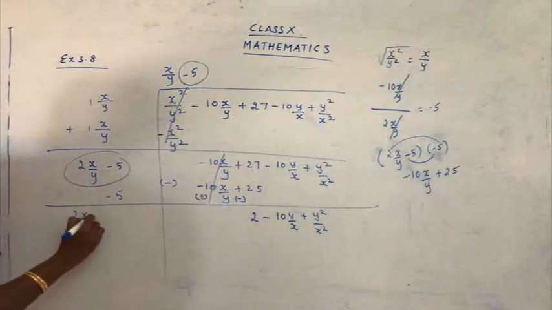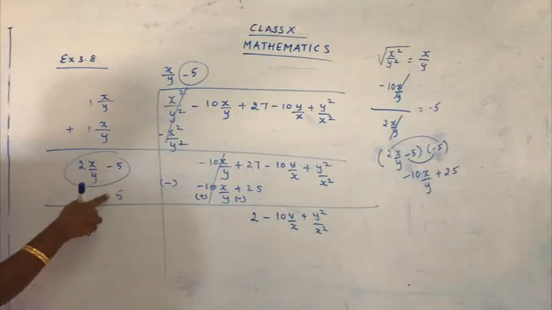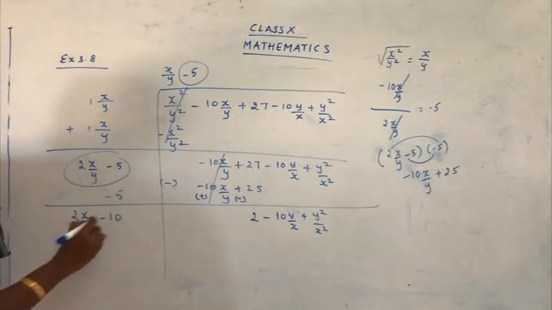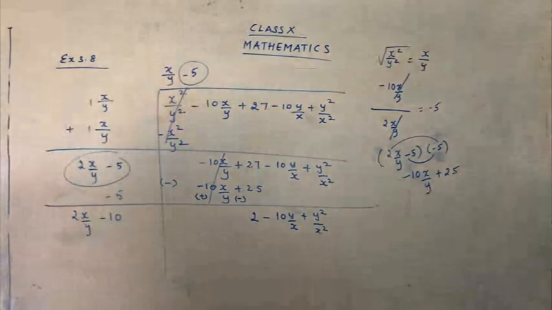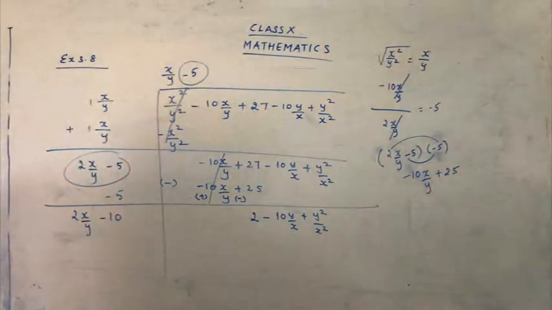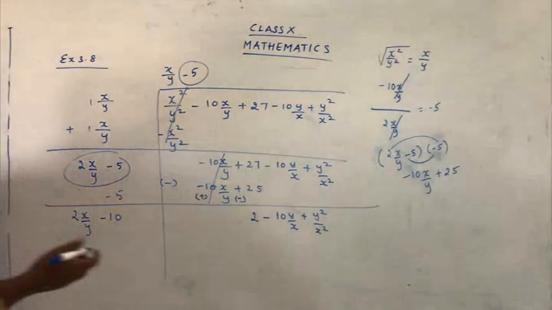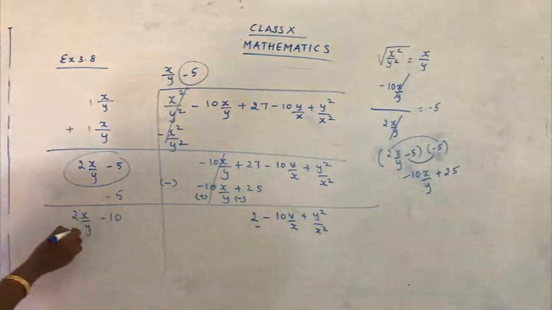It's 2x upon y minus 5 minus, your step. The same manner how we have done for the second. This is the third step we are going to do. So the third step is just following from the second step. So you have to take the first term and the first term. Do not get confused.